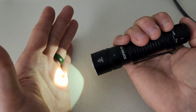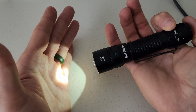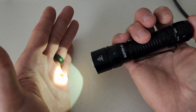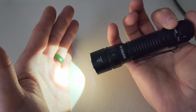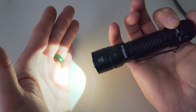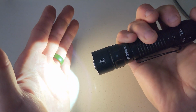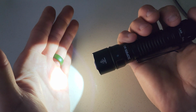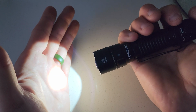This is the low mode, 20 lumens, 60 meters of throw, 50 hours of runtime, 900 candela. Another little half press. Medium, 240 lumens, 200 meters of throw, 9 hours of runtime, 10,000 candela. Now the little half press. High, 700 lumens, 350 meters of throw, 130 minutes of runtime,